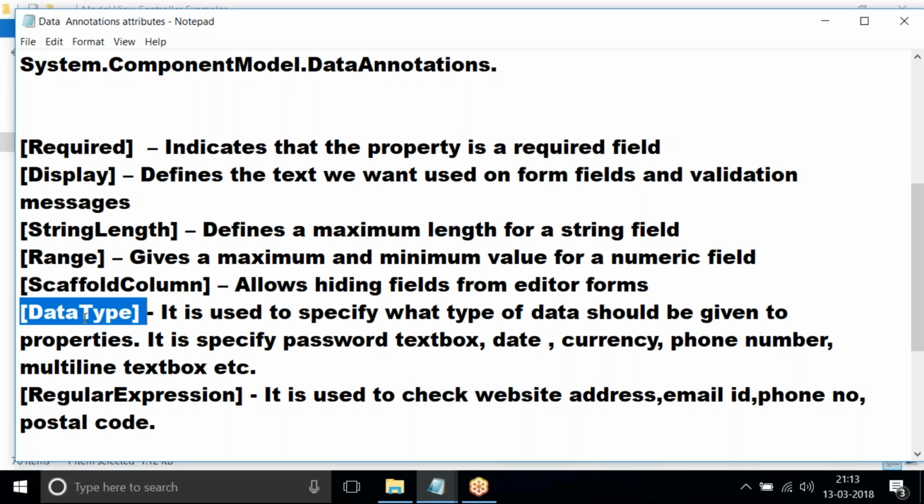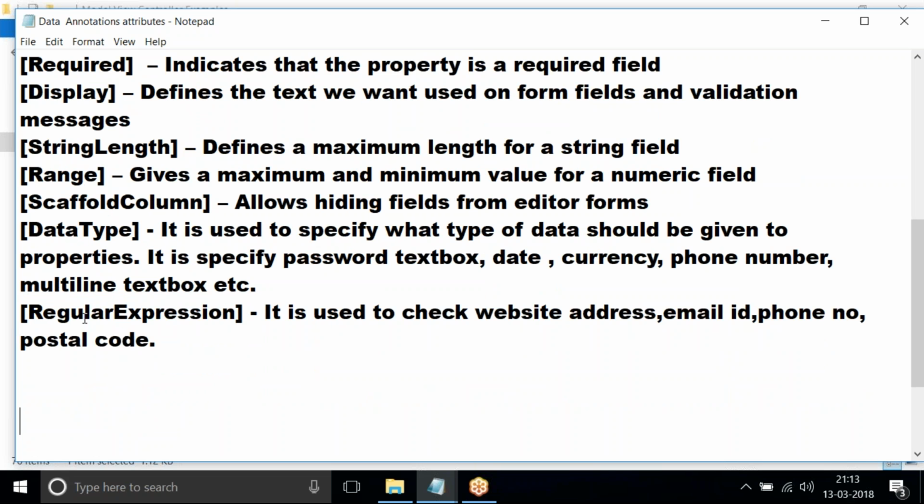It is used to specify what type of data you want to give, like password text box, currency, date, phone number, multi-line text box, all this. And here regular expression is there. Regular expression means if you want to check website address, email ID, phone, postal code, all this, then regular expression is used.